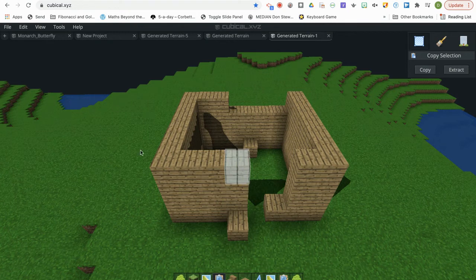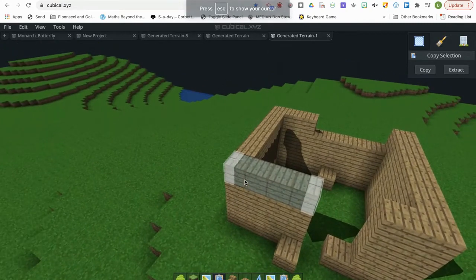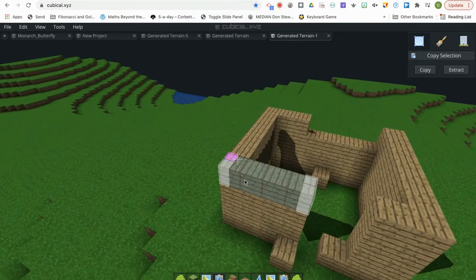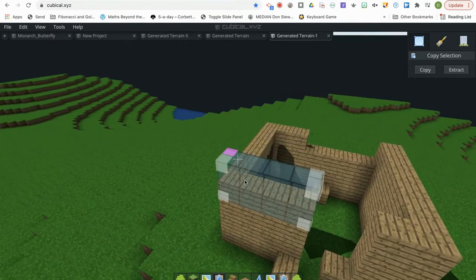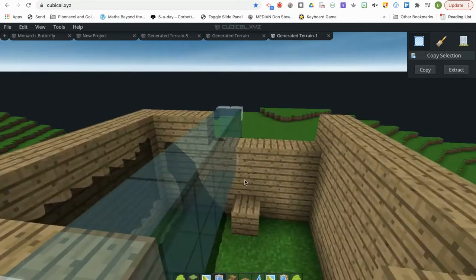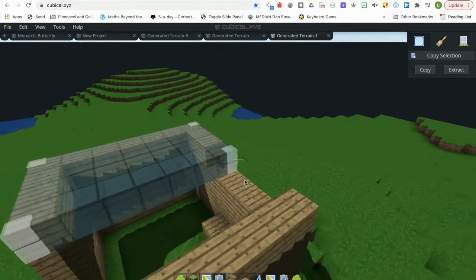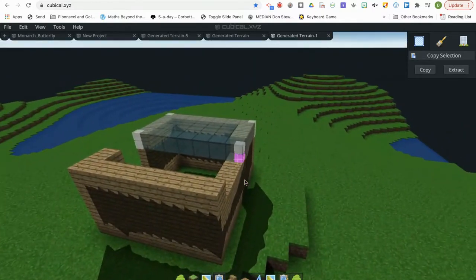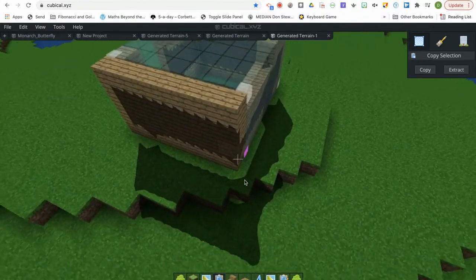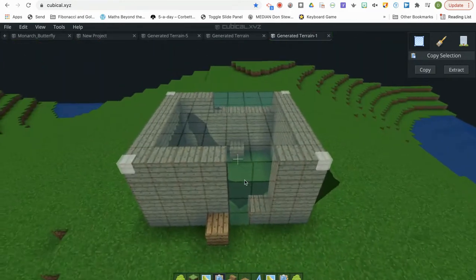So as you start to get really familiar with these tools, you can start using the copy and paste tool. So here I'm going to use copy selection, and you basically have this brick here, which is the selection tool, and you've got to click on the corners and they all do different effects. So here, this corner, I can move over to that side, there, and I click, and I can click on this one down here. Drag it down to the bottom like that, and so I've got pretty much all of my house selected,